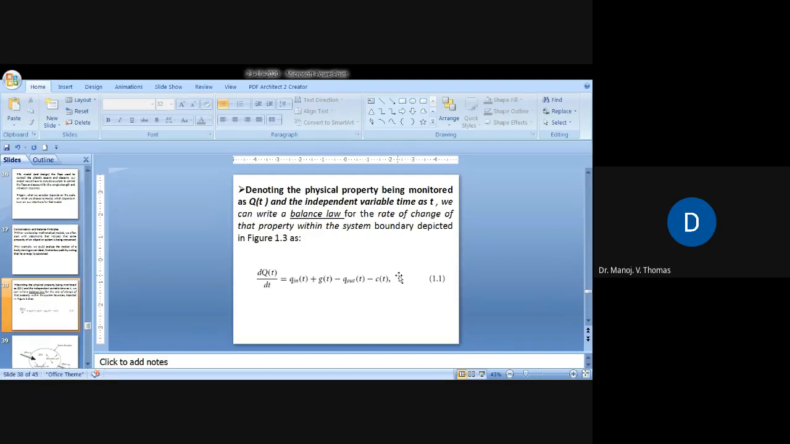So denoting the physical property being monitored as Q(t) and the independent variable time as t, we can write a balance law. What is the balance law? That is for the rate of change of that property, dQ(t)/dt, where Q(t) is a particular property, maybe a temperature, or the rate of change of velocity or speed. That is equal to Q_in(t) plus G(t) minus Q_out(t) minus C(t). Here t is the time, and Q_in is